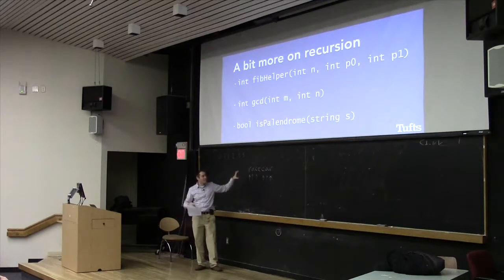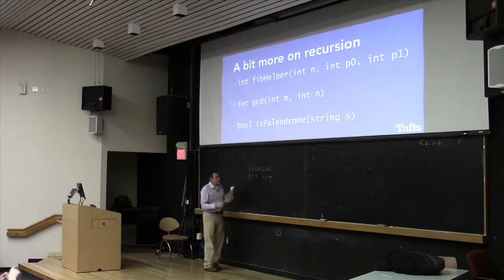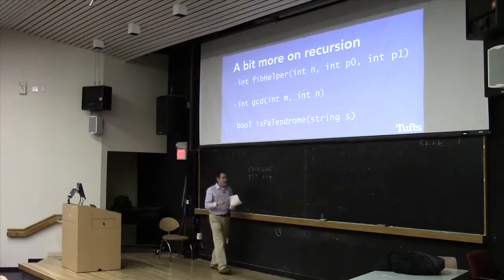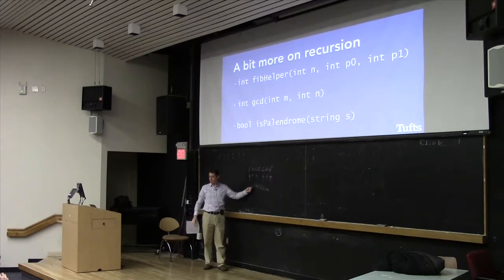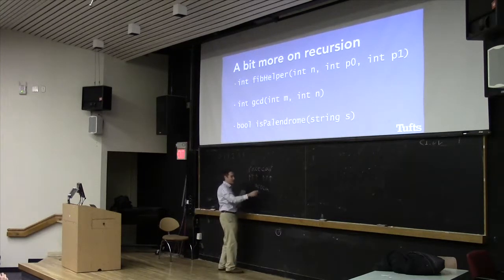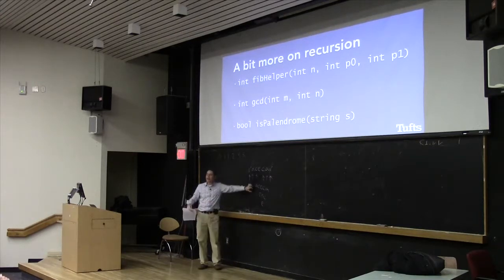Can we break this into a problem that's actually recursive? What might we do? Ideas? Yeah? Can you pass in a smaller word without those outside letters? Yeah. So race car is a palindrome, right? Because we checked the last letters. What if we lopped off the R's here and we just passed in A, C, E, C, A? Isn't that now a smaller version of the problem, but exactly the same idea? Now it's the same exact thing. And then this one would pass to the same function, our is palindrome function, C, E, C, and then that one would pass in E like that. That's how we would break this apart.